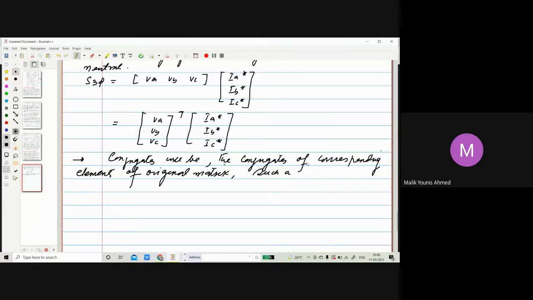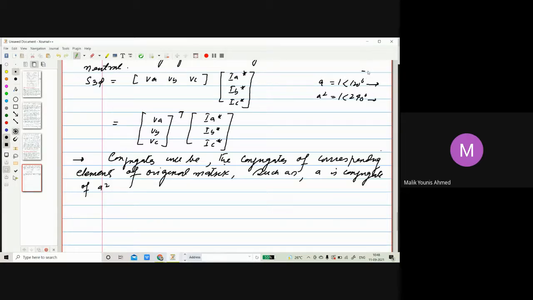Such that A is the conjugate of A square. We have seen it. Now what is A? A is 1 at an angle of 120. What is A square? 1 at an angle of 240. We have converted it into the